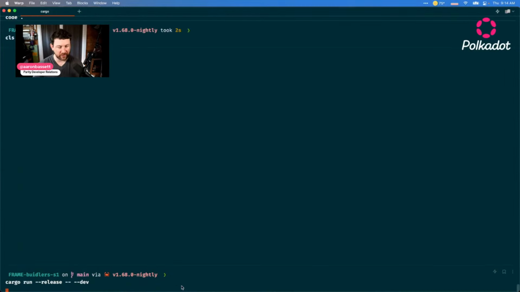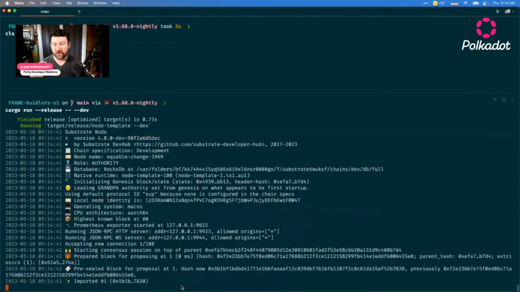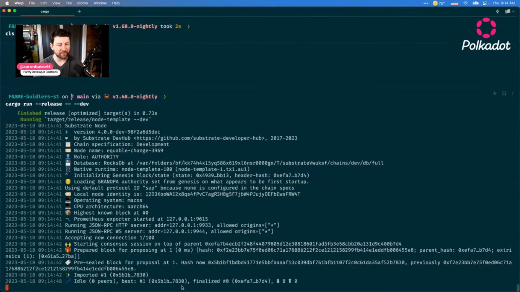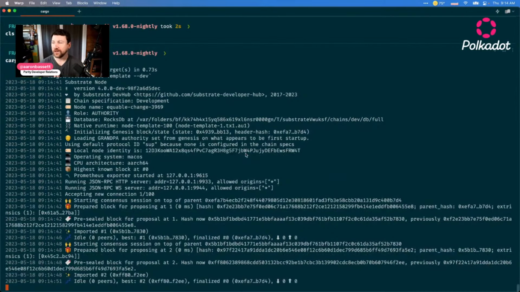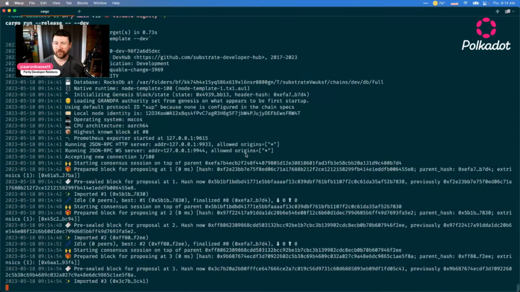So yeah, we have our cargo run release. I'm going to run this. It's going to go build my node. I've already built it once this morning, so it's all ready to go. It didn't need to really compile anything. And that's it. We've got a running blockchain on my local machine, which honestly, I think that's pretty